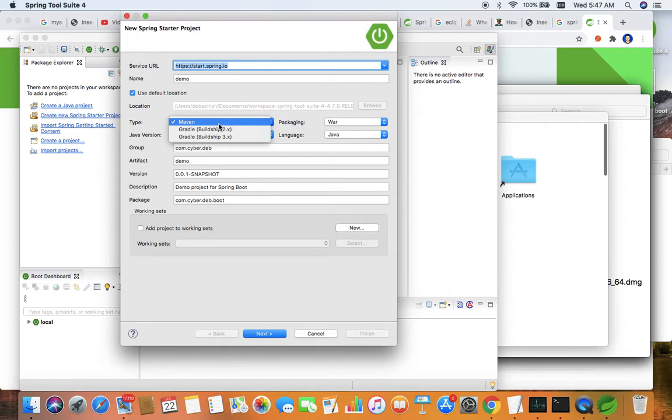Obviously Maven is the most widely used build type. For the Java version or JDK version, I told you to use 8, so 8 is already chosen. For packaging, you may use jar or war. By default, if you are going to create a web application, go for using war. The language by default is Java; Kotlin and Groovy can also be used if you want.